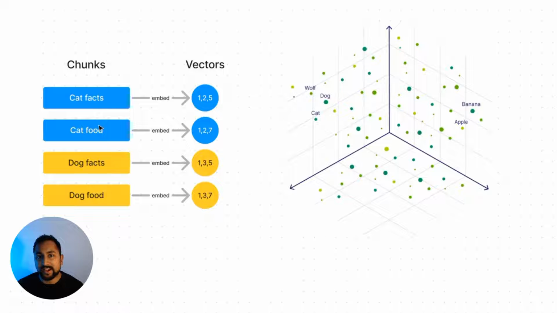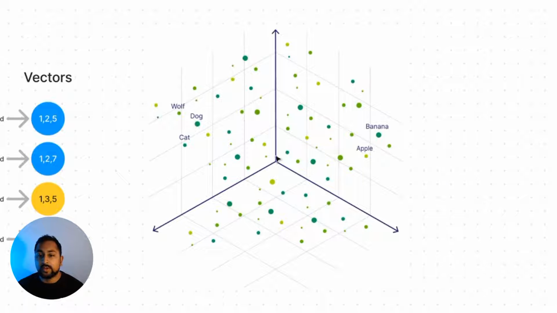So cat facts and cat food both have the coordinates 1, 2, and then something else. And dog facts and dog food have 1, 3, and then something else. Now you can also see that facts and food are 5 and 7. So cat facts are 1, 2, 5, and cat food is 1, 2, 7. Same with dog facts and dog food, 1, 3, 5, and 1, 3, 7. So if I actually go ahead and map these in a 3D space, it would look something like this, where